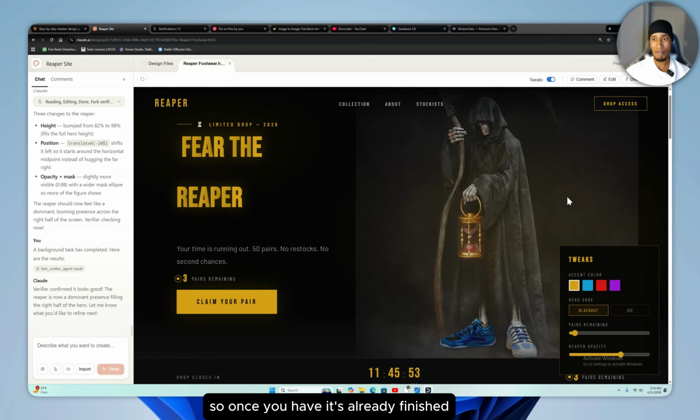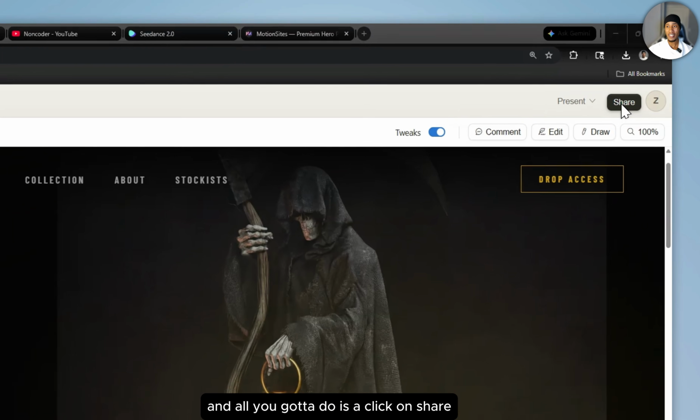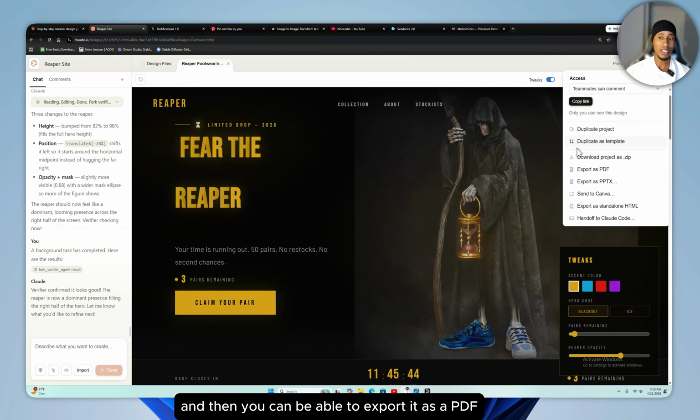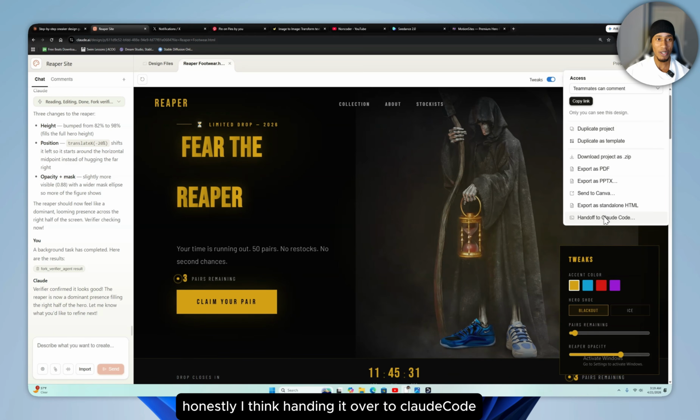So once it has already finished creating this landing page for you, all you gotta do is click on share, and then you can export it as a PDF, a PowerPoint presentation. You can also export it as a zip, or you can export it as a standalone HTML. You can also hand it over to Cloud Code. Honestly, I think handing it over to Cloud Code is one of the best things that they created in this,